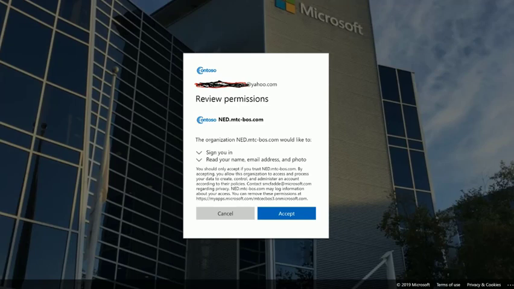But the other key piece here is basically an agreement that when you accept this, you're accepting that I'm going to be able to get some PII information from you in order to maintain some ability to collaborate with you. So for this user, I'm going to be able to read their name, their email address, maybe photo. So there's some basic PII information that enables me to keep track of you. Also, it's an aspect of authenticating you. So this is the invite that you're going to have to accept if you're getting a B2B invite to potentially collaborate with